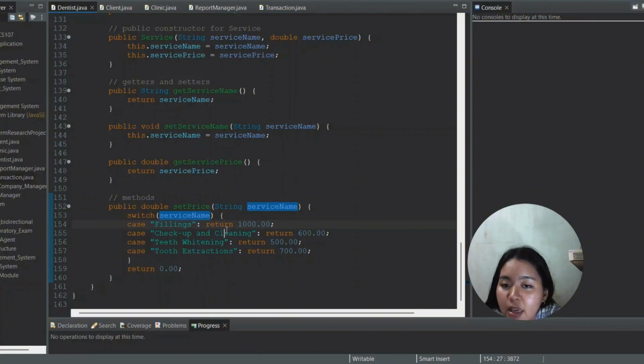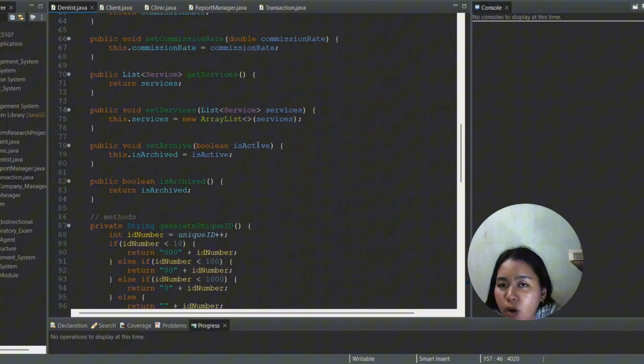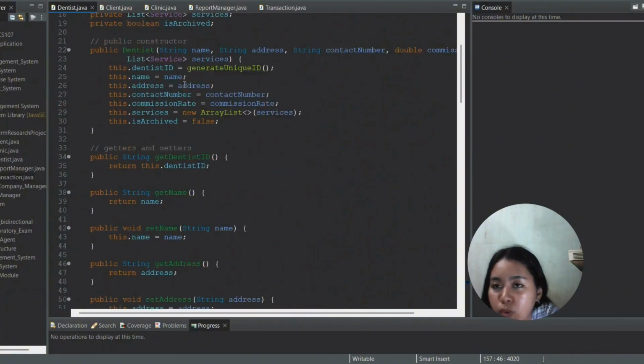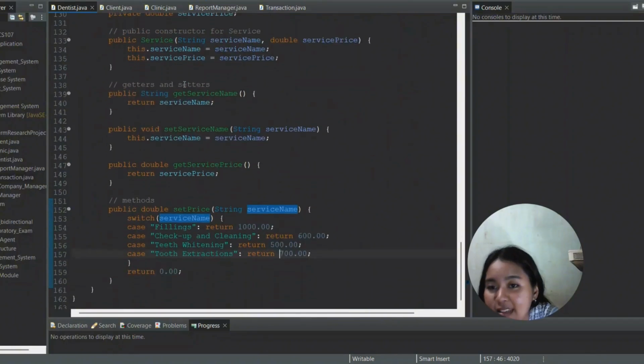If it is fillings, it returns the price of 1,000. If the user chooses checkup and cleaning, it returns 600. For teeth whitening, it returns 500. For tooth extractions, it returns 100. That is the overall walkthrough of the dentist class.